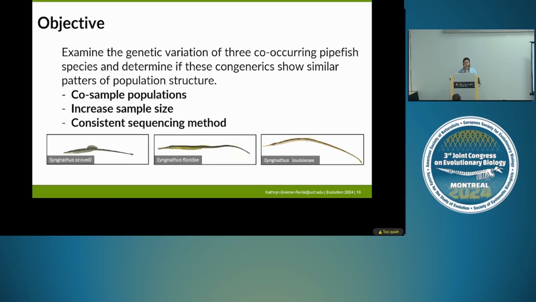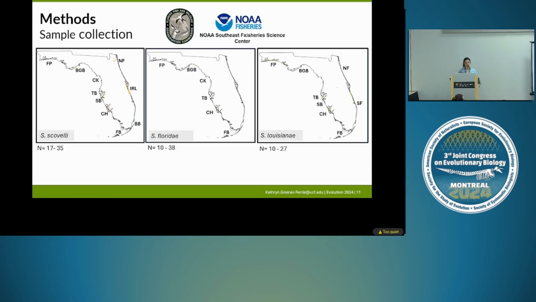We co-sampled from all 3 species from locations spread across Florida, and we also increased sample size per location and used a single sequencing method in order to achieve the most reliable direct comparison across species. To achieve this, we extracted DNA from pipefish samples that were caught by FWC and NOAA as part of their routine sampling effort. And we chose sample locations that would leave us with at least 10 individuals after sequencing